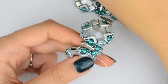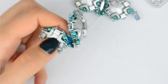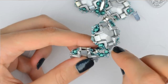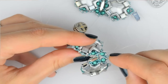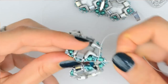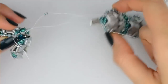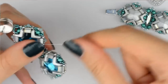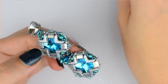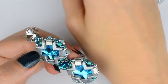And now pick two 15-0s again. So we will be copying basically what we did here and go through the navette, then two more 15-0s and up through the 15-0 in the crossing on the other side, just the 15-0. Then again pick one 15-0, rounduo mini, 3 15-0s, rounduo mini, and a 15-0,